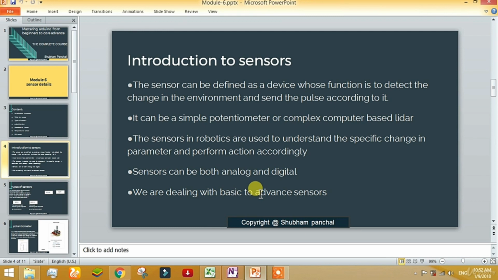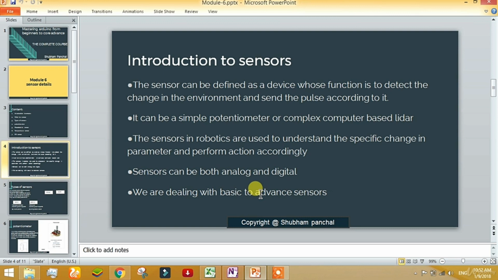So sensors can give two kinds of values. Analog values, such as a multimeter which gives the value of a voltage, such as 35 volts, 45 volts or 120 volts. While a simple sensor such as a PIR sensor or a presence detection sensor can give only two values: someone is in, which makes the value high or 1, or someone is not present, which gives the value low, or 0. This was the basic thing about the sensor.